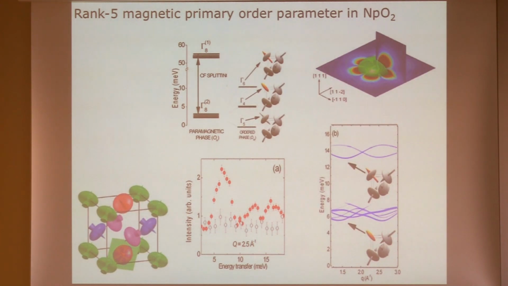This is because the primary order parameter is the magnetic multipole of rank 5, the triacontadipole, and these are the reproduction of the spectra. So the first peak corresponded to an excitation where the quadrupole is tilted and the triacontadipole is quenched, and this one corresponded to an excitation where the triacontadipole is reversed and the quadrupolar system is unaffected. Okay, well,